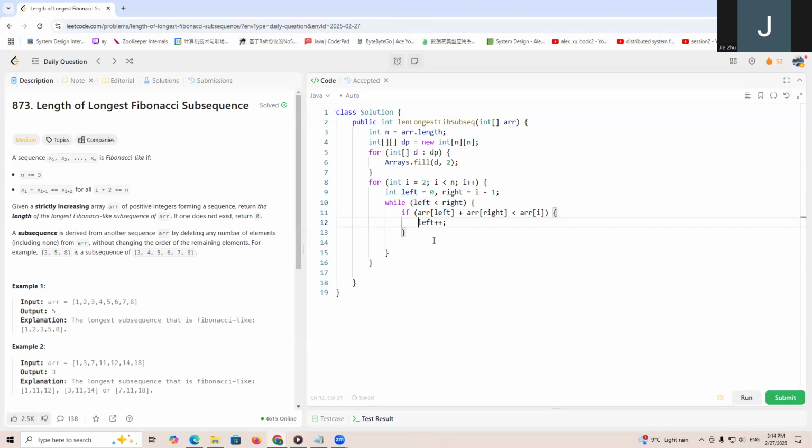And I will say else if this one, array left plus array right is greater than array i, then we should move the right pointer. Else, that means we find a candidate, right? So we are going to have dp right i will be max dot max dp right i and dp left